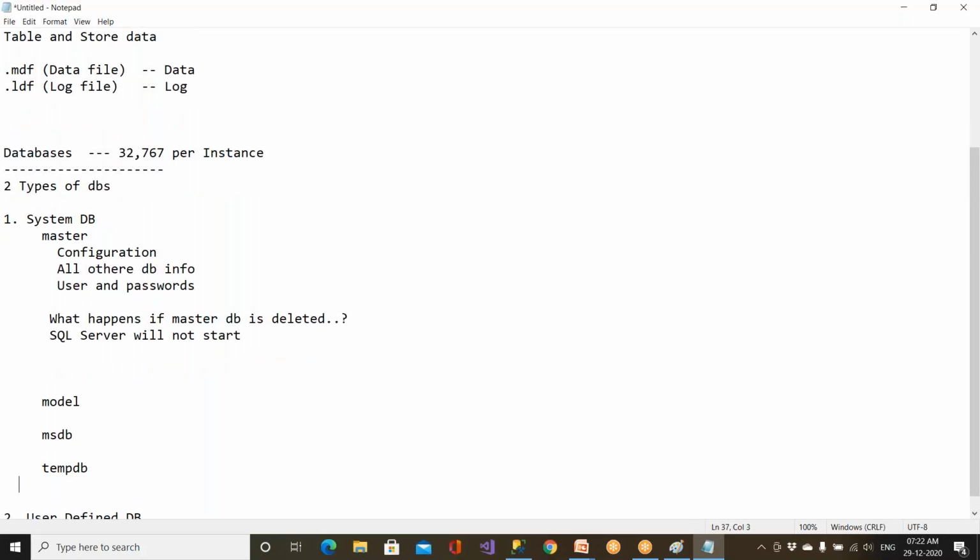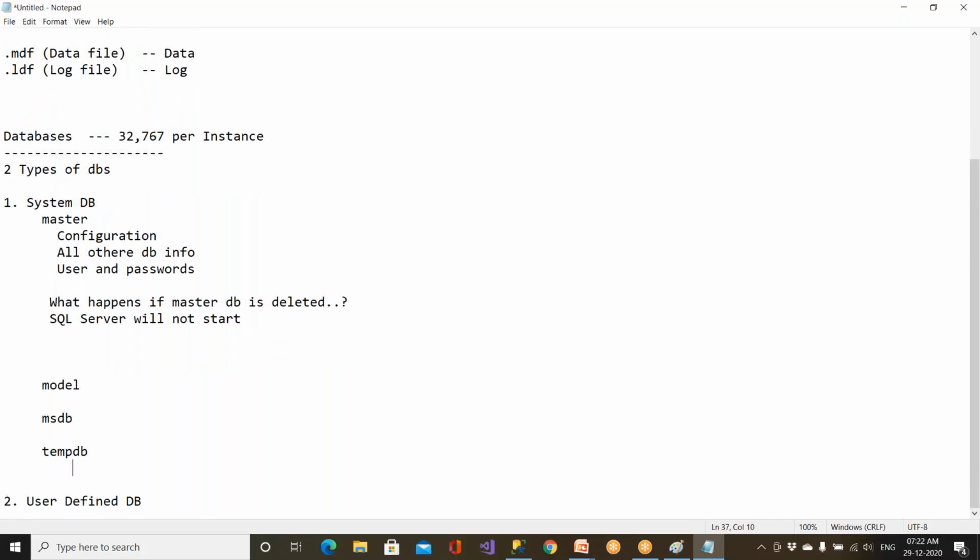Let us talk about the TempDB database. TempDB, as the name suggests, temp means it is not permanent, which is temporary. So sometimes, when you go for a mathematics examination, you want to have extra sheets to do the rough work, right? So a lot of extra calculations are to be done, and that will be done in the extra rough work. After the examination, you tear them off. You don't need those extra sheets at all.